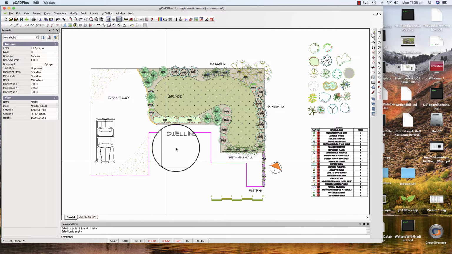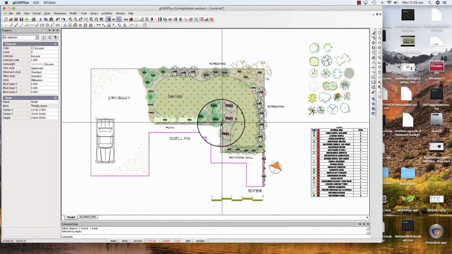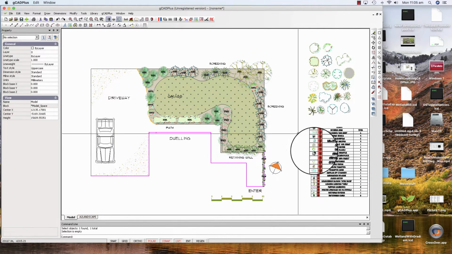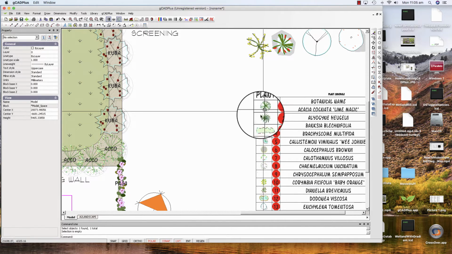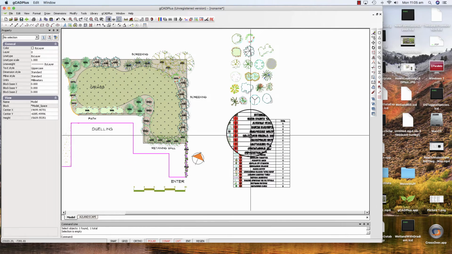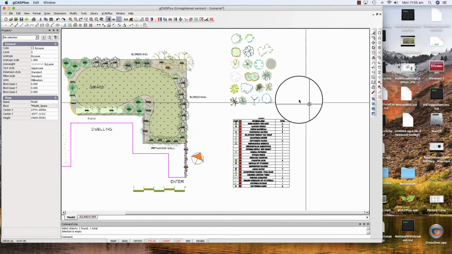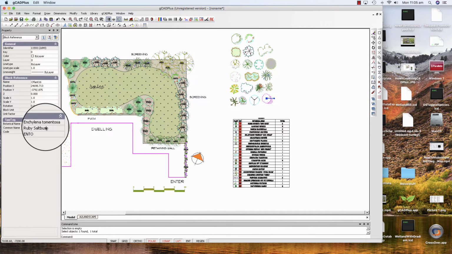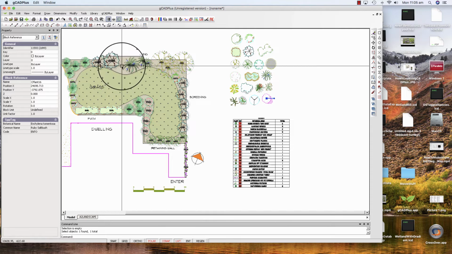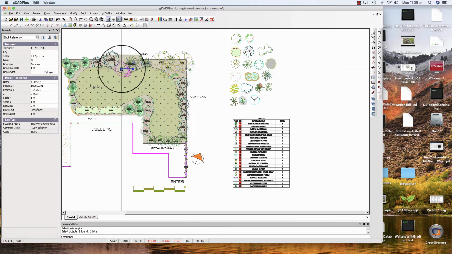So all of the plants in this design have been tagged with the name of a species, and that information is drawn into the plant schedule, where the symbol and that red blob can be used where you are producing groups, but it's not being used just here. In addition, in this template, there are other symbols here. So if you want to put a symbol for the ruby saltbush, just imagine you want to pop it in here. You just click in its middle, drag it across, and then